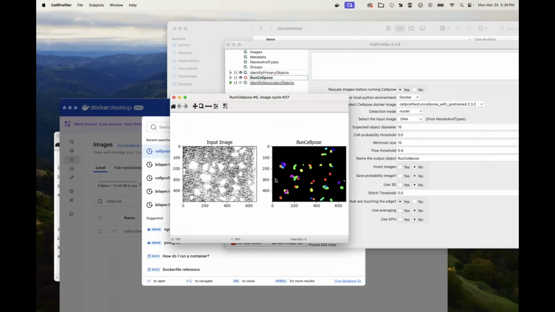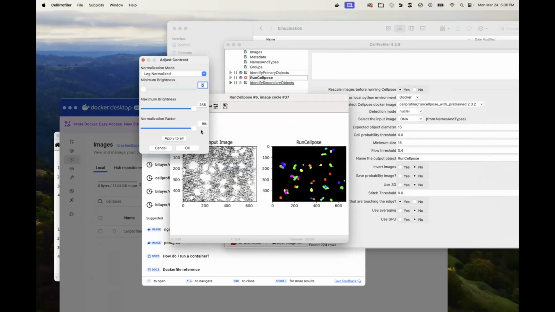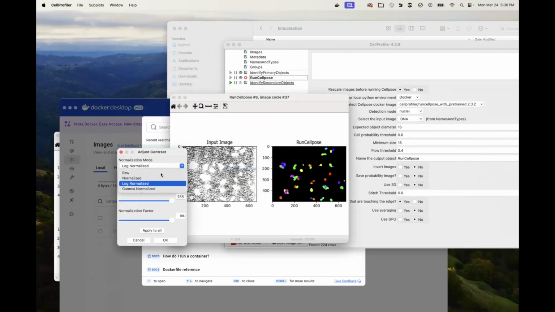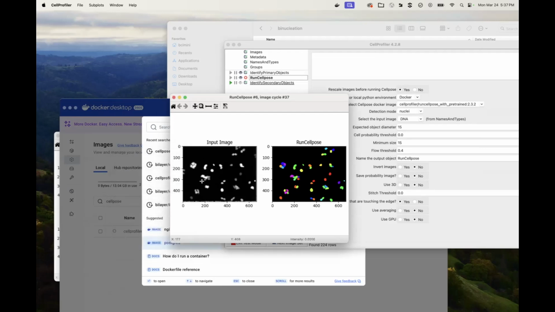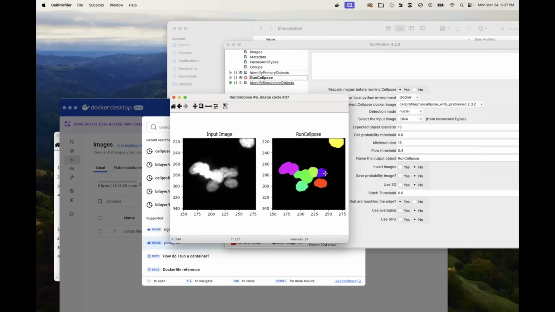Here that input image looks terrible because of the normalization stuff, so let's just put that back to normalized. But you can see with literally zero parameter tuning other than saying what is the approximate size of the objects, CellPose has done a way better job than our initial things did, and certainly better than I think even if Aaron and I spent a bunch of time doing it. I think CellPose would probably do better in the long run. Like this super big chunk that we were never able to split apart. It hasn't perfectly split apart. I still think there's a couple things that are stuck together, but it is way, way better. And there's more stuff we could do to tune things.